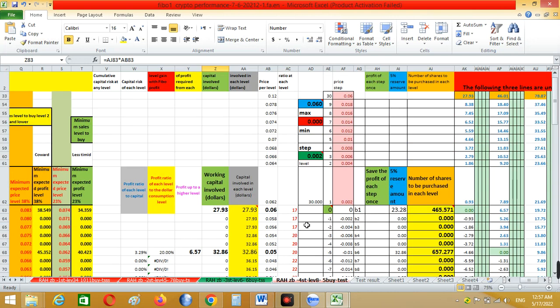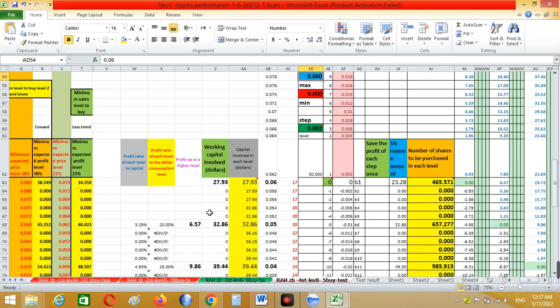As you see in my table, just by entering your price, your engaged dollar appears, and the number of shares you need to buy at each price appears. These are price steps. These are your dollars which you engage. The profit and loss is calculated. If you lose your buy at this price 0.06, if price goes down to the next buy, you will lose up to minus 4.66,